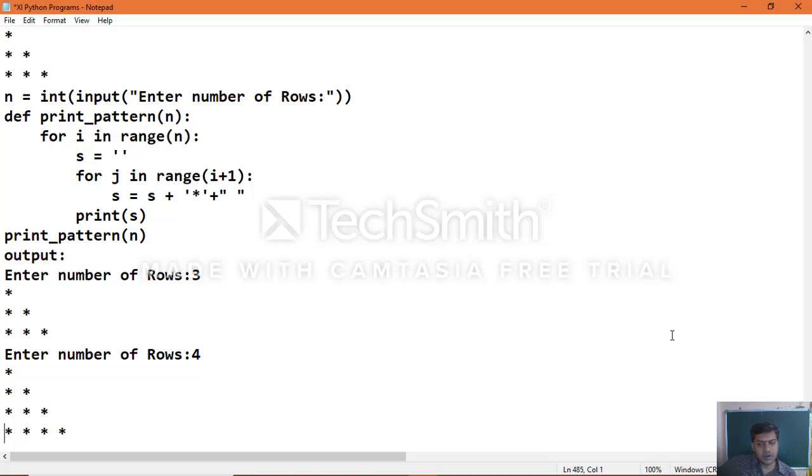Okay, so now we'll proceed with a practical example, the way we can execute all these examples which we have gone through.